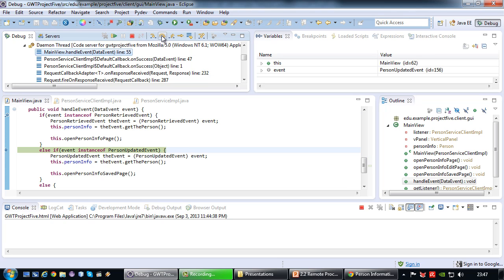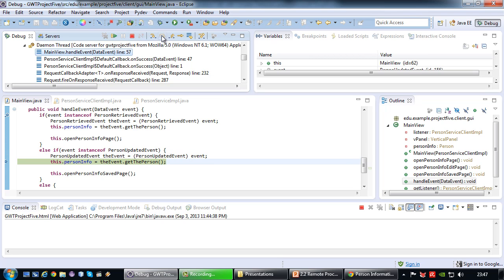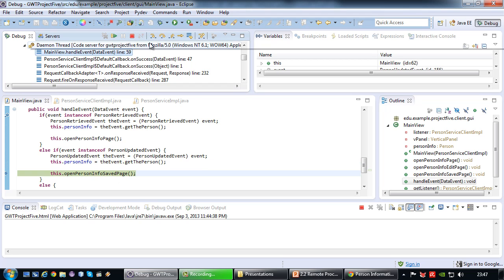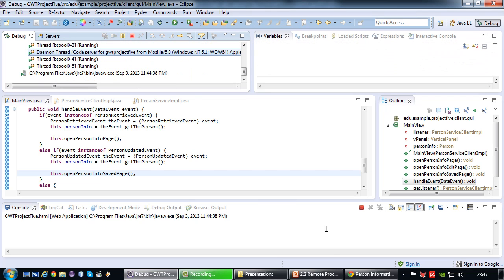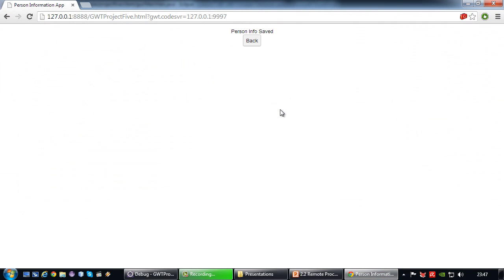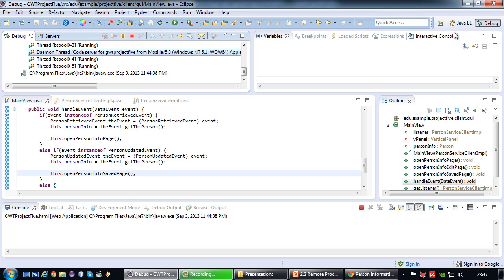So in this case it's not a person retrieved event, but it is a person updated event, after which I cast the object, save the data globally again, and I'm simply going to open up the person info saved page, for which I'm just going to continue. So there we go, person info saved. Now I'm just going to press back and open the view page again, and as you can see, Jack Sparrow is shown again. So I hope that clarifies things a little bit,